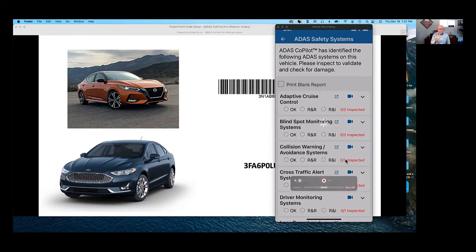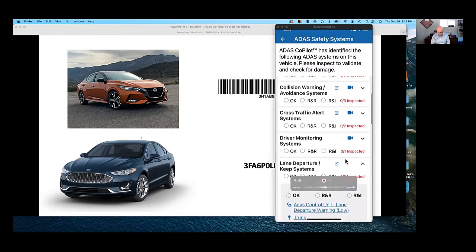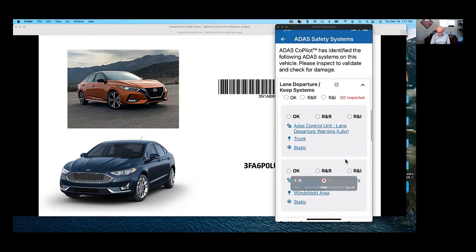What we're doing here is allowing a person in the shop access to the all data repair procedures anywhere at any time. So if I'm a technician and I've got this on my phone, and I need to learn more about the lane departure system, let me go here.